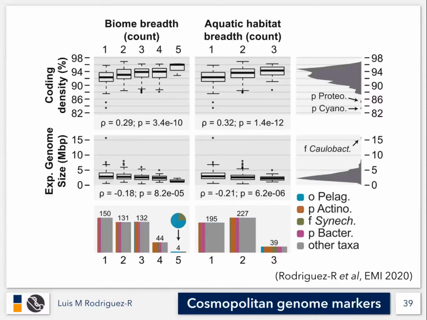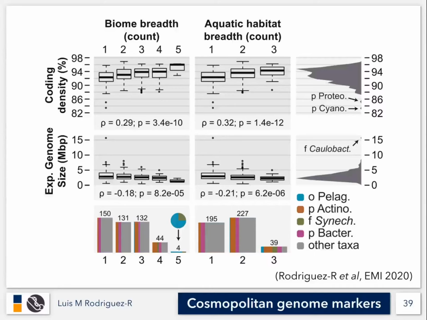aquatic, marine, and freshwater collection of organisms, but how far can they go, and in how many different environments and biomes can they actually thrive? And what we observed is a weak but very significant negative correlation between the expected genome size and the biome count, or the habitat breadth. And this also extends to geodesic ranges, to latitudinal ranges, to a bunch of different metrics of distribution.